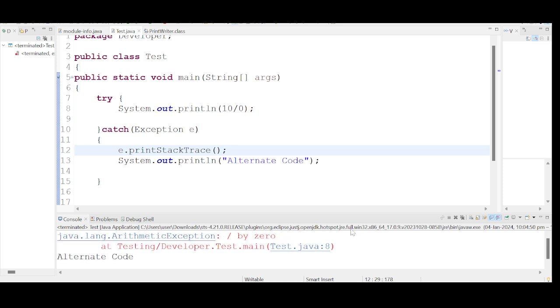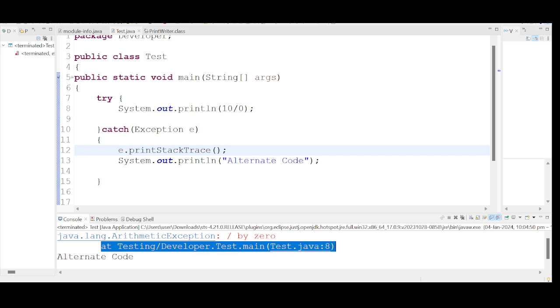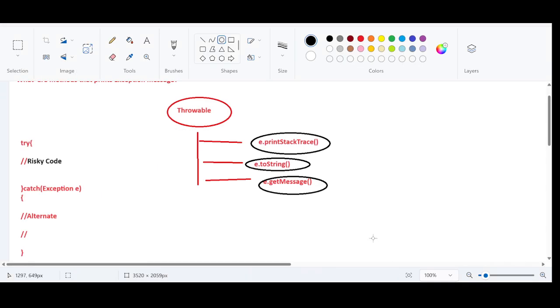It is going to display the name of the exception firstly. Secondly, it is going to display the description, why the exception has occurred. Third, it is going to display the stack trace. Stack trace is nothing but at what line the exception has occurred. If I take this example,